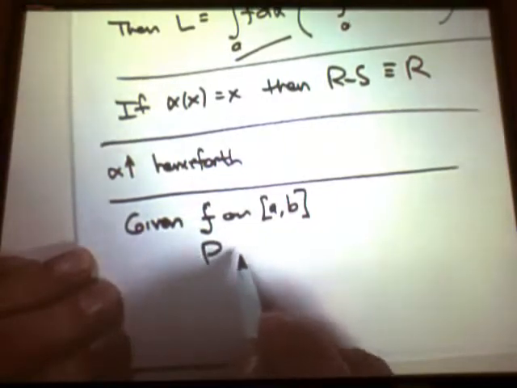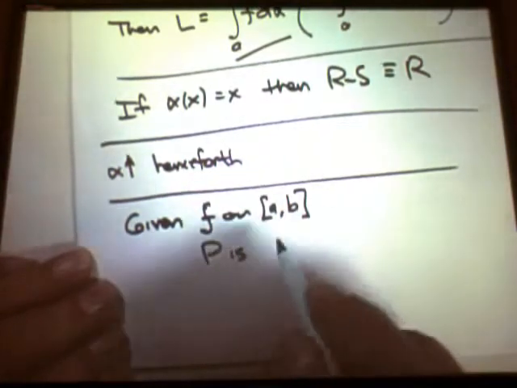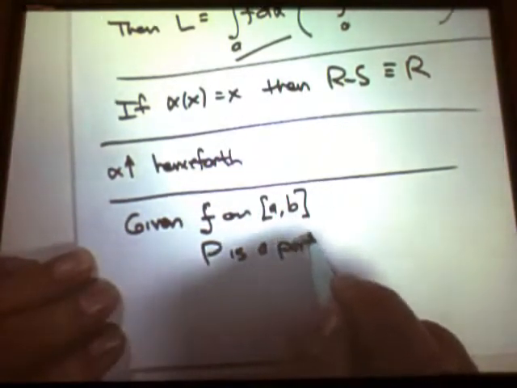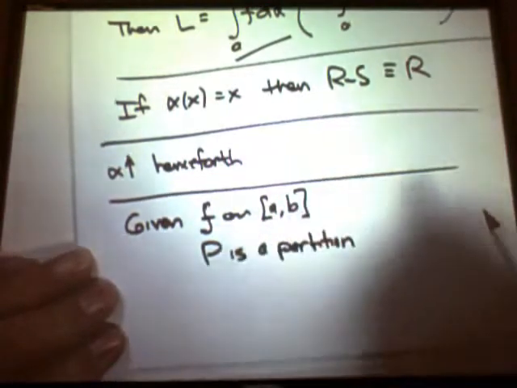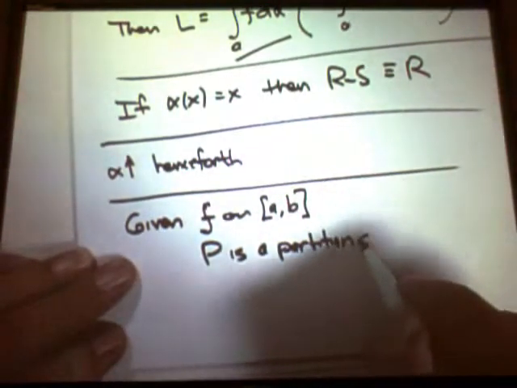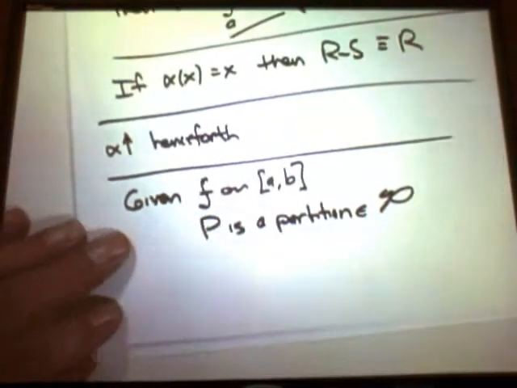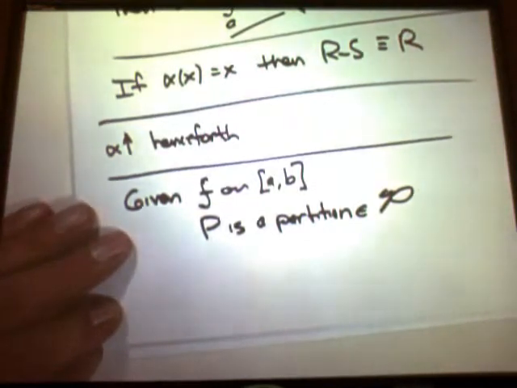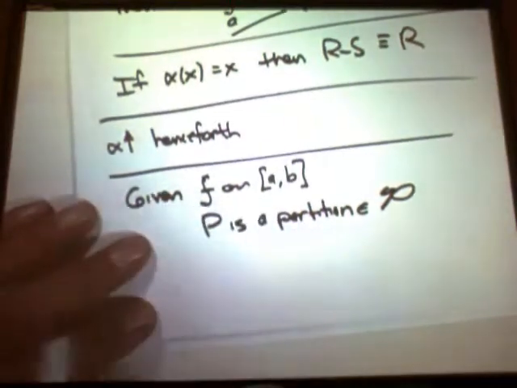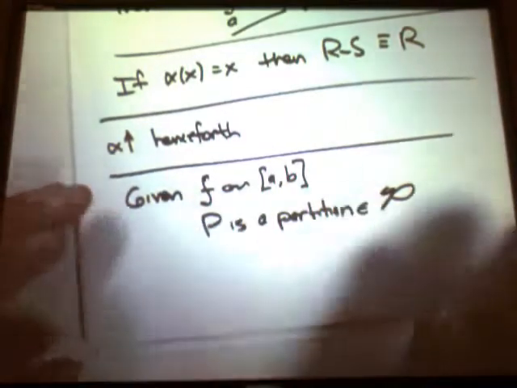And P is a partition in the family of possible partitions, and what can we call that? I'm not sure. There's sort of a Gothic P, the family of partitions that are possible for [a, b]. And alpha is the integrator, which is assumed to be monotonic increasing. Then